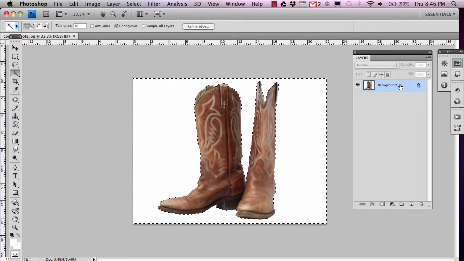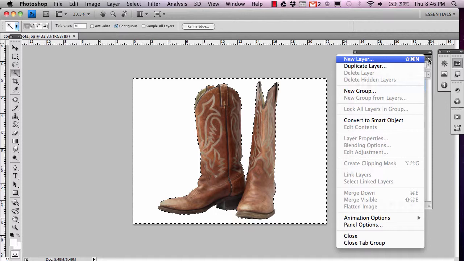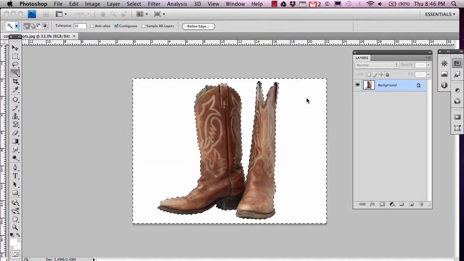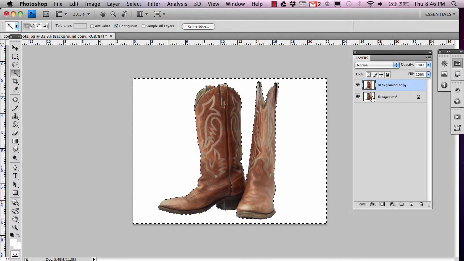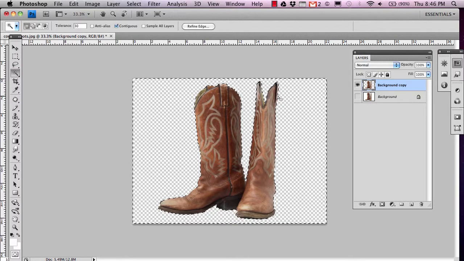Now, to do this right, we're going to have to duplicate this layer, because as you can see, this original layer is the background layer, and that is always locked and you can't change it. To get around that, we duplicate this layer, which gives us the exact same image on a different layer. Turn off our background layer, come back to our background copy. Now we have all of the white selected, so we simply hit the delete key and that will erase all of your background color. Now if I deselect,